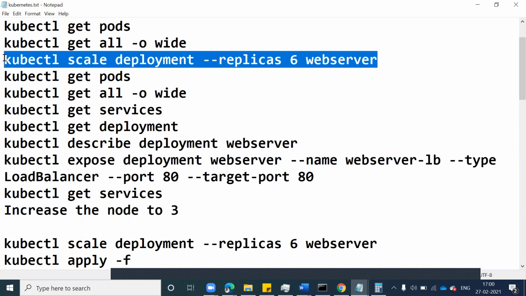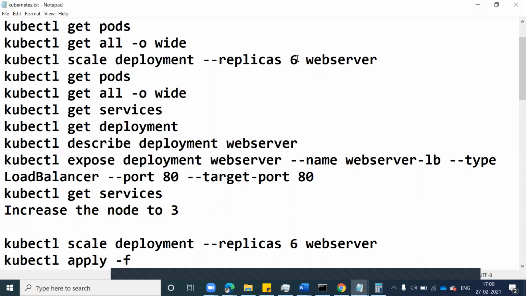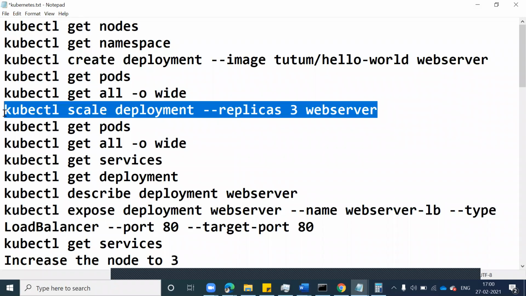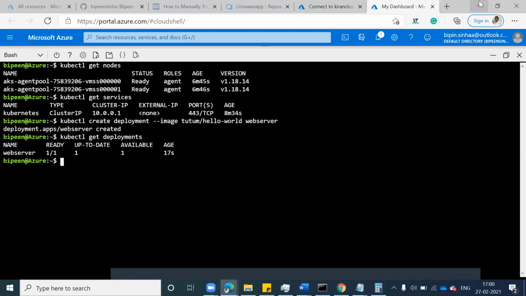You can say scale the deployment to, let's say, 6 or maybe 4. Let's change it to 3 replicas. Just copy this one. But if you want to do that, we should have three nodes, no? Just right click and scale it up.